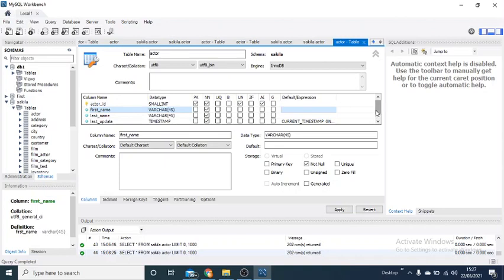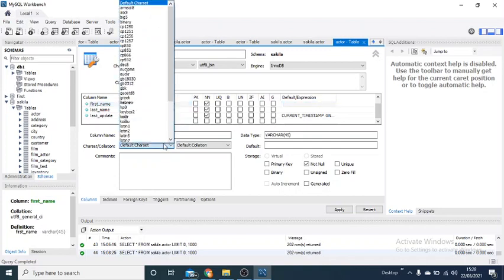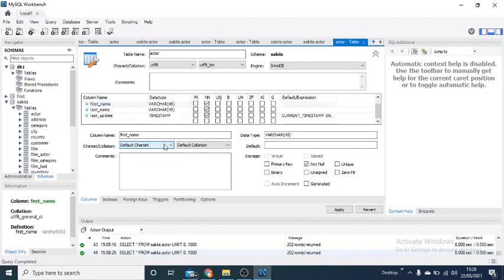So these are some of the options that you can control from this panel and directly set for the specific column. If you want the details of a column, you can set the same thing from this column as well, in detail. Along with that, it helps us select the character set from this option.